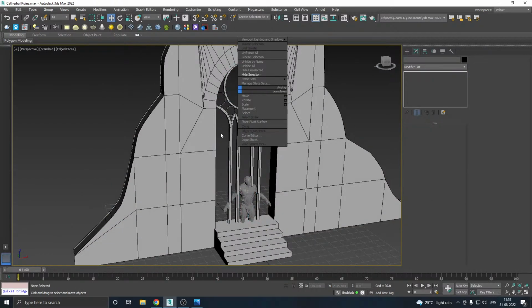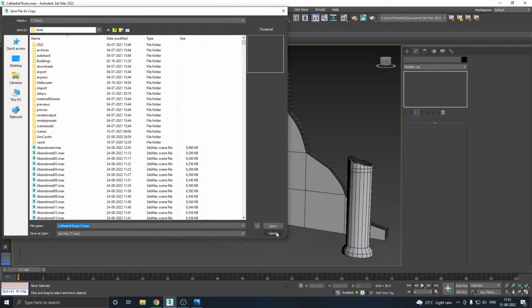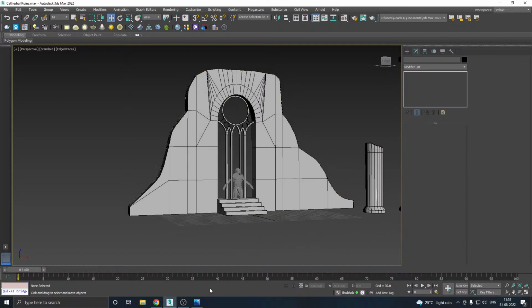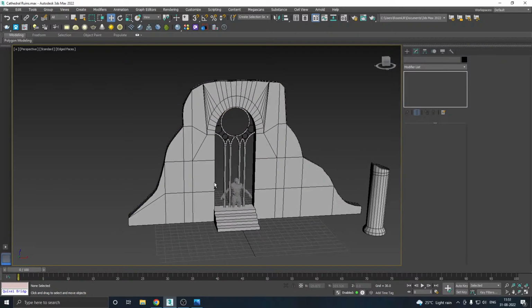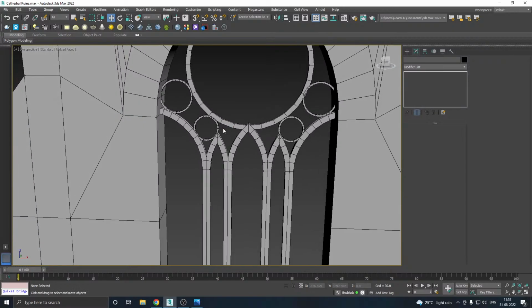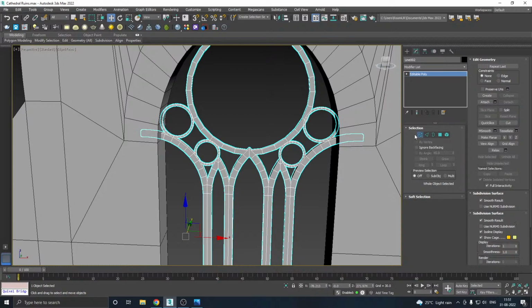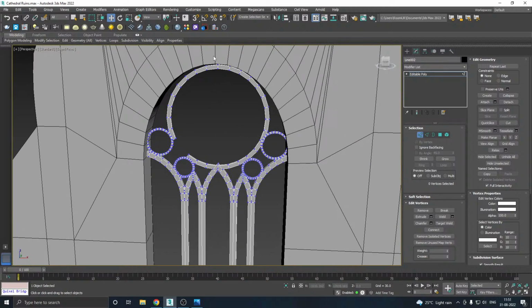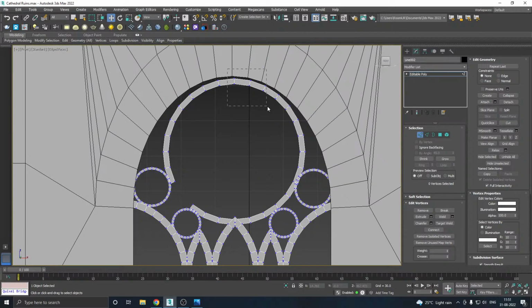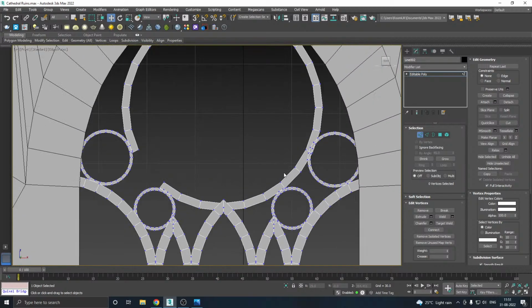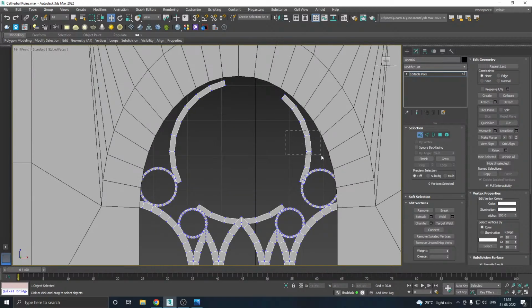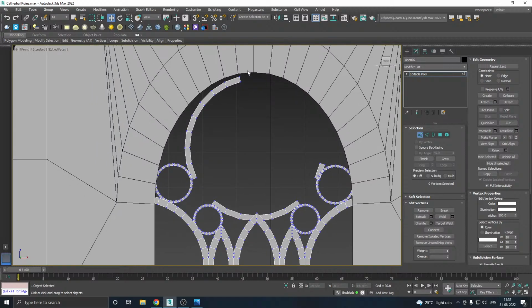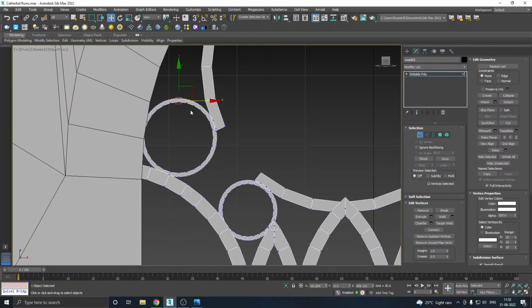Okay, now we need to break this shape in random locations, like I'm gonna just delete. Okay, just delete wherever you want to